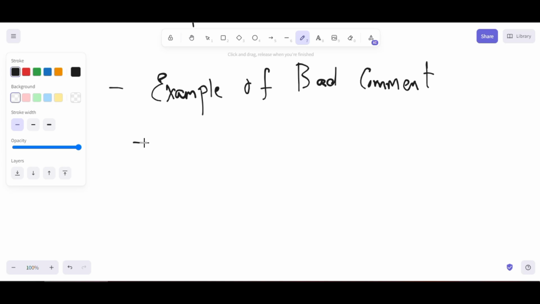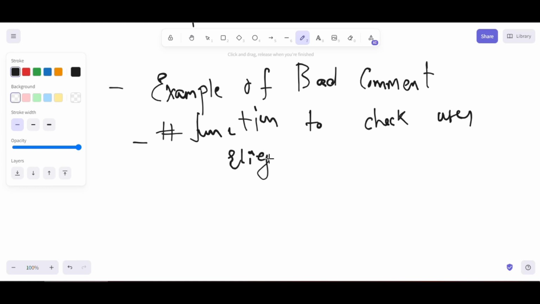You will be writing a comment like: this is a function to check if the user is eligible for premium services. Let's take an example like this, eligible for premium services. You write this comment, right?